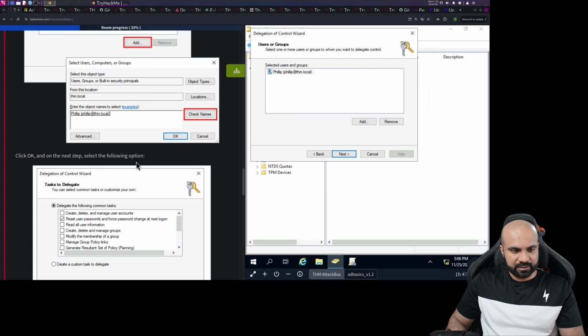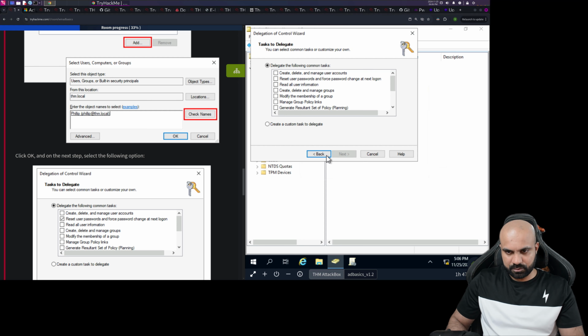On the next step, select the following options. Okay, so we want it to be reset user password. Let's see what else we have. We have create, delete, manage user account. We have reset user password and force password change at login, read all user information, create, delete, and manage groups,